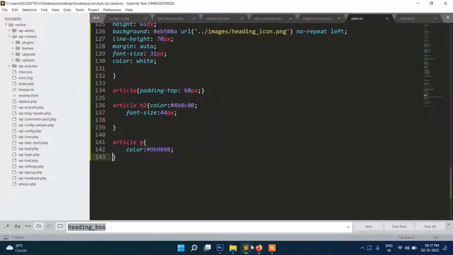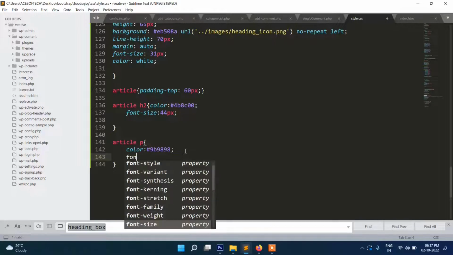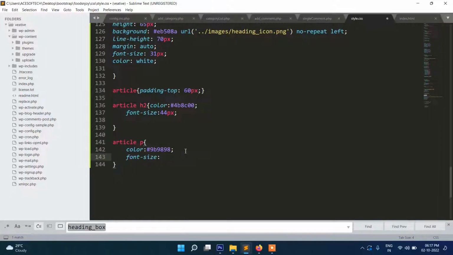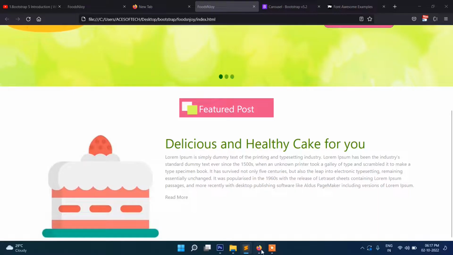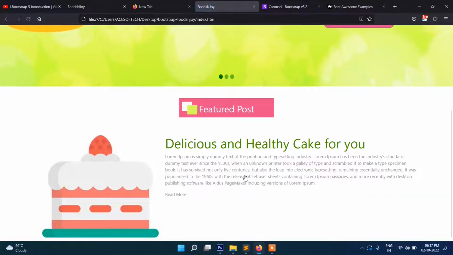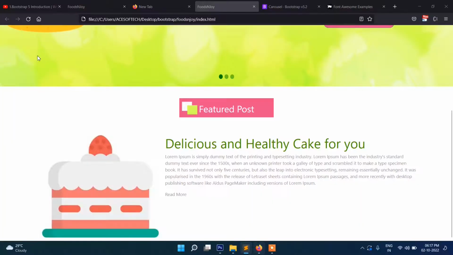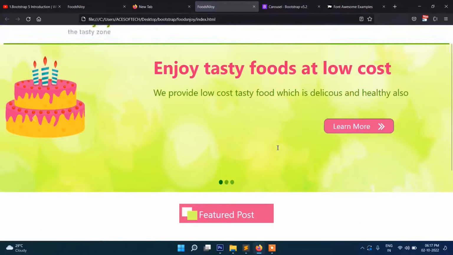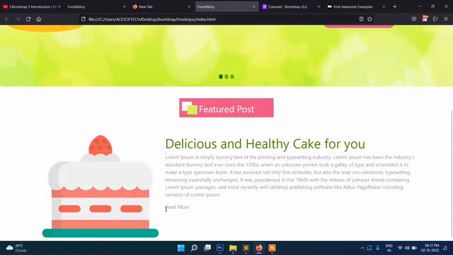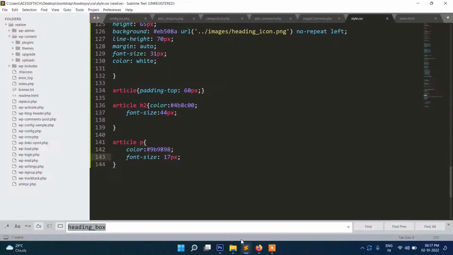Font size, normally font size 15 px. Let's make it bigger, 17 px. Yes, guys, you can see now they read more. We will bring it to the right side. So better